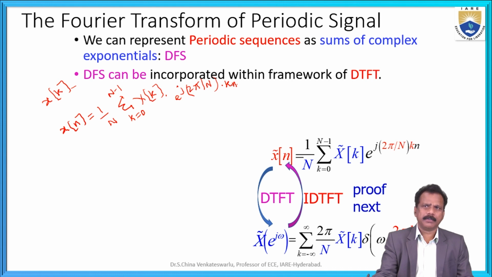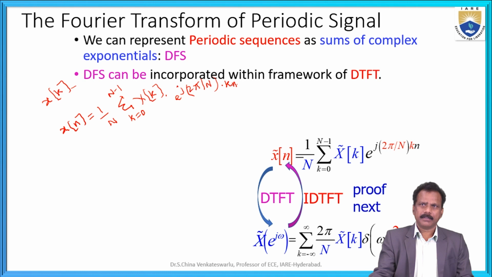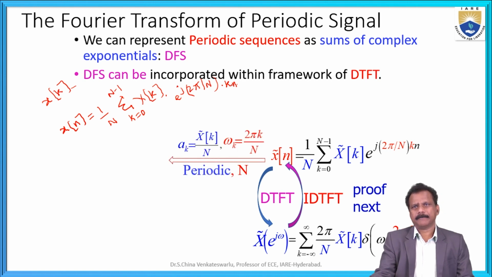Here also we have to verify the DTFT and IDFT. We have a lot of properties using the DFT and IDFT. We have to verify where x of n is applicable with X of e power j omega. With the help of all these properties, we have to verify the proof based on each and every statement. Those are different property variations.